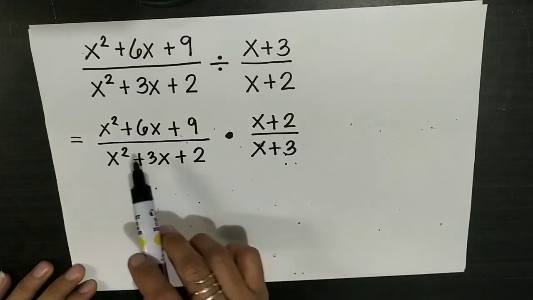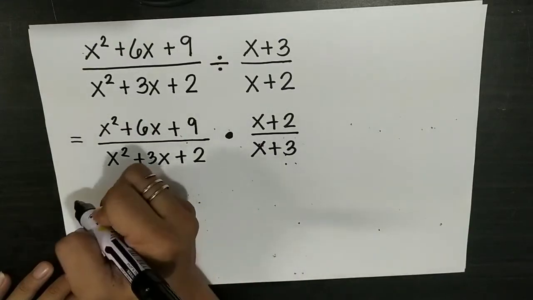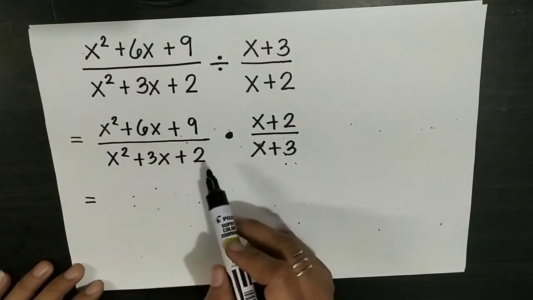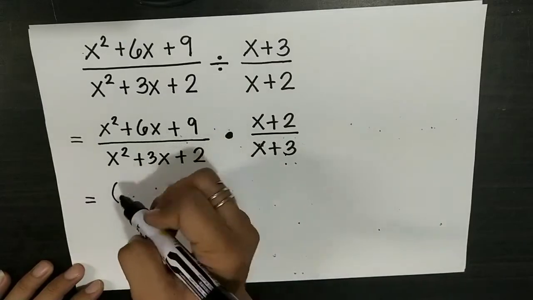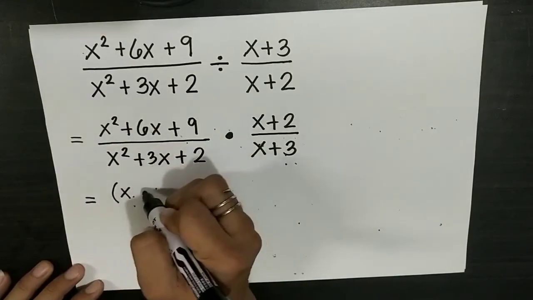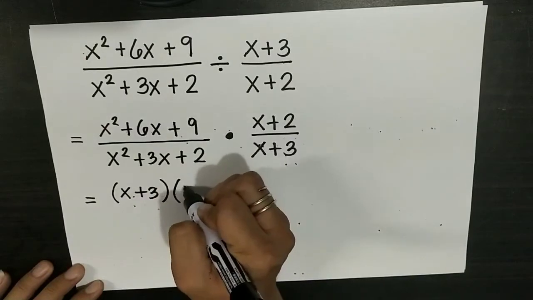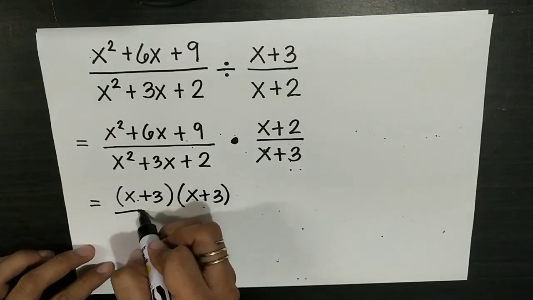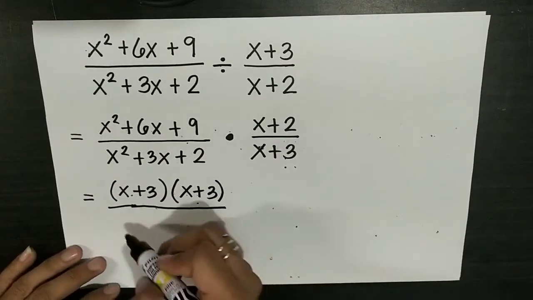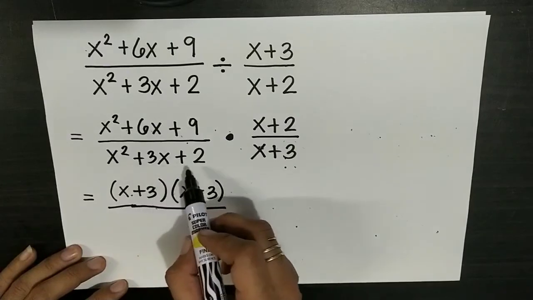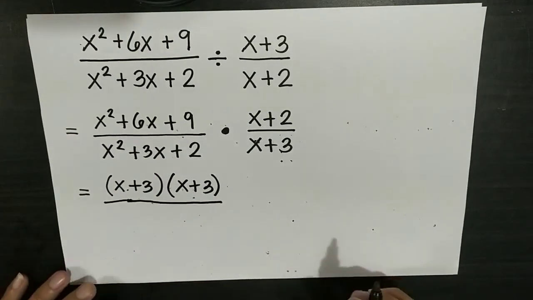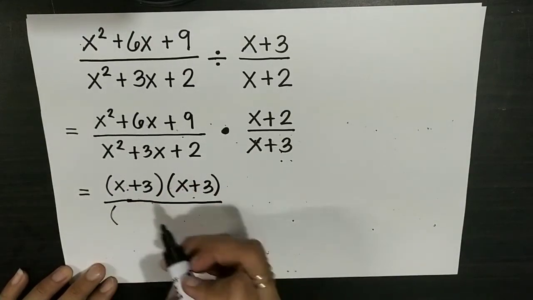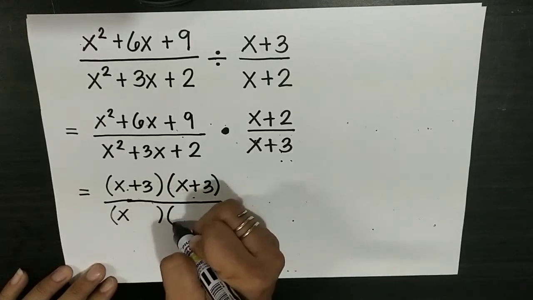After we have the multiplication, we will now factor all the expressions that can be factored. So x squared plus 6x plus 9 is a perfect squared trinomial, so we have two binomial factors. We have x plus 3, the other one is the same, x plus 3. Then we will also factor x squared plus 3x plus 2. This is not a perfect squared trinomial, this is a general quadratic trinomial. So let's factor this. We have x, another x,